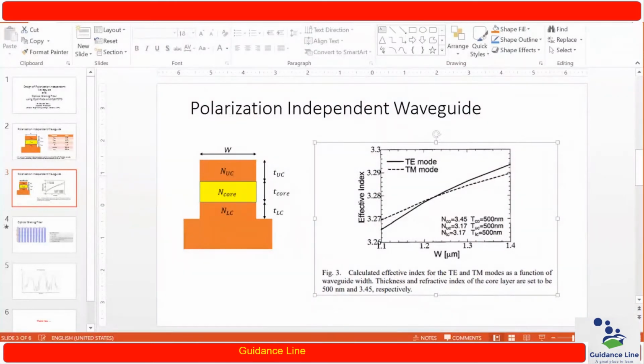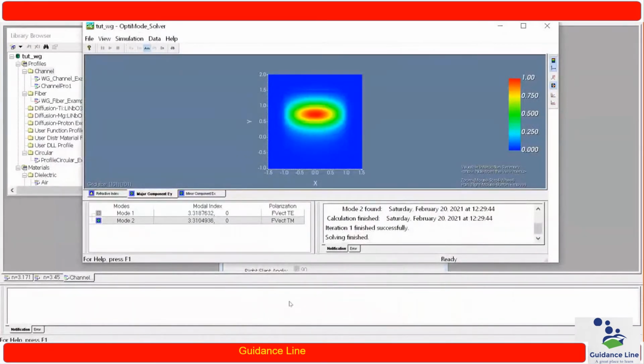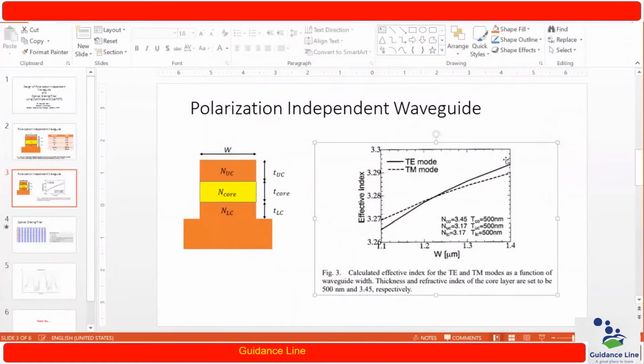Over here you can see we have a TE mode with a value of 3.318, and a TM mode with a value of 3.310. So this type of behavior we have seen. Based on that we can interpret that the initial parameters we selected are correct, and we are in the right direction to get a result.